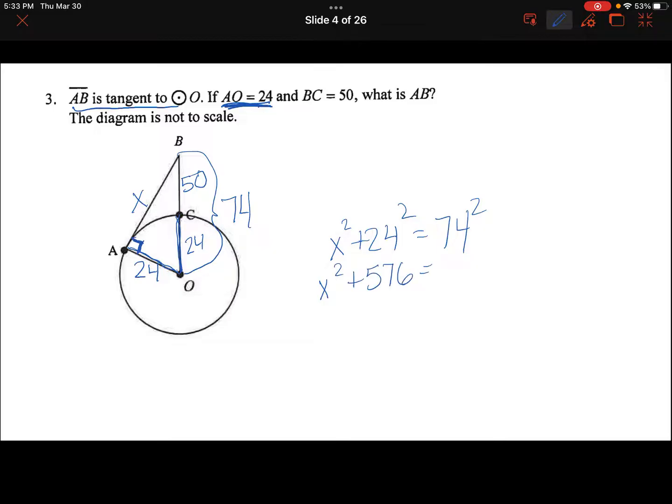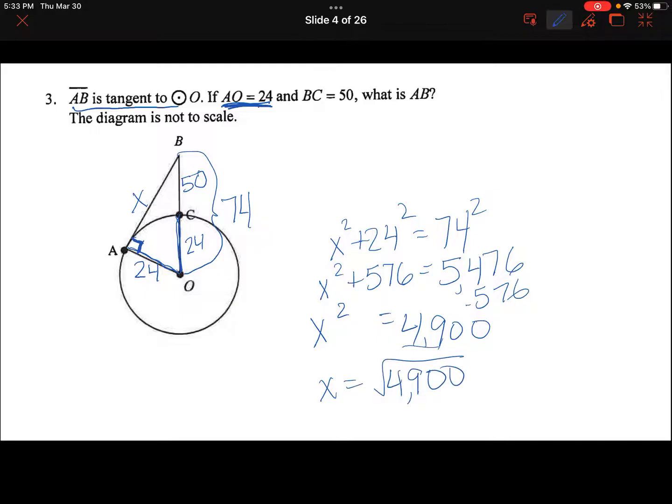And we have 74 squared, which gives us 5,476. And I can tell already this is going to be a triple. So we're going to subtract 576 from both sides, which is going to give us 4,900. I can tell already, because I know that the square root of 49 is 7, and I have 2 zeros there. So x is the square root of